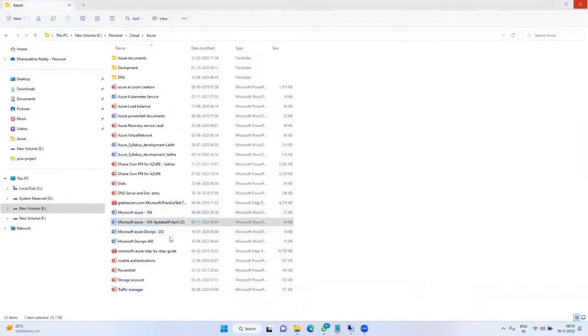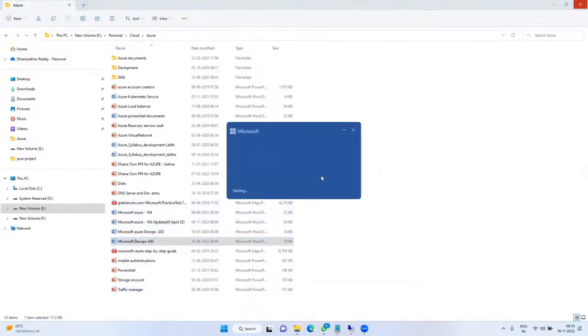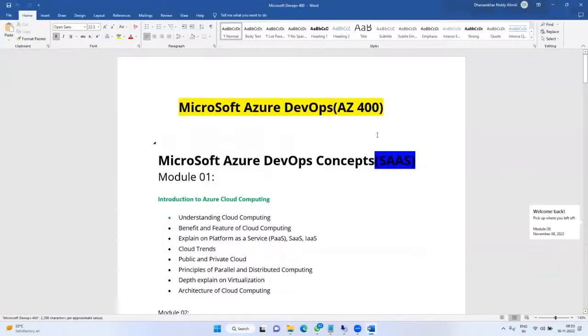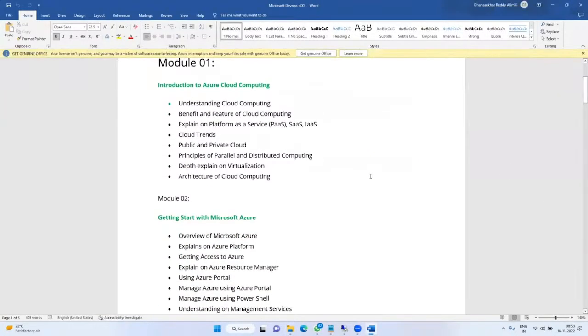Next, the other thing is AZ-400. So this is Azure DevOps 400. See, Azure DevOps totally depends on Azure administration only, but the configurations are increasing. So the base for anything in cloud is administration. Whether you are a developer or admin or architect, whatever it is, first learn administrator, then move on to the one which you require.